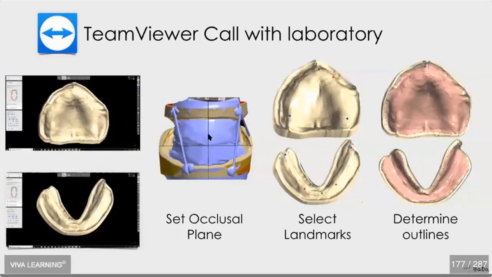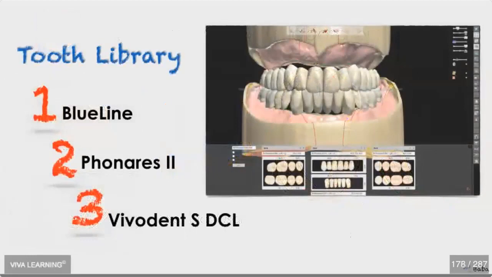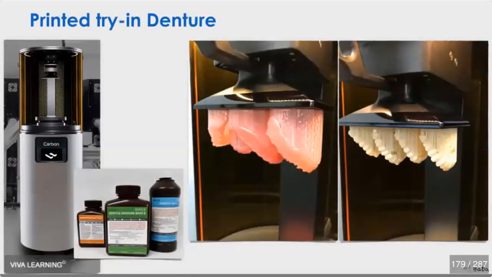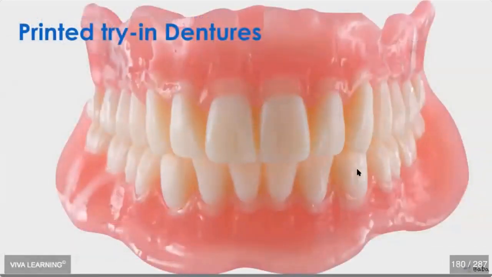Using the wax rims, he's going to mount the cast virtually. And then after that, he selects the landmarks and determines the outlines of the denture. Now, you've provided all the information. He's going to pick the tooth library. And then what Lee does for me, once I approve the design of the dentures, is he prints for me the trial denture. At this stage, what I can do is take that and put it in a patient's mouth